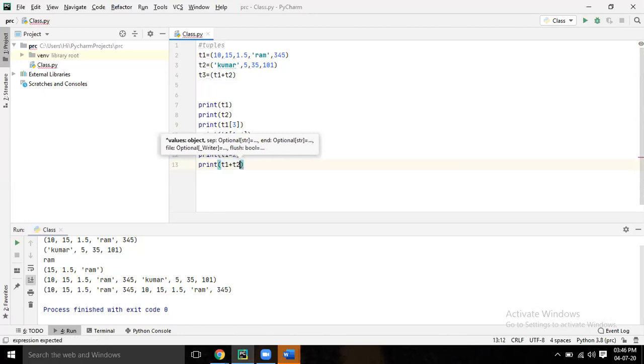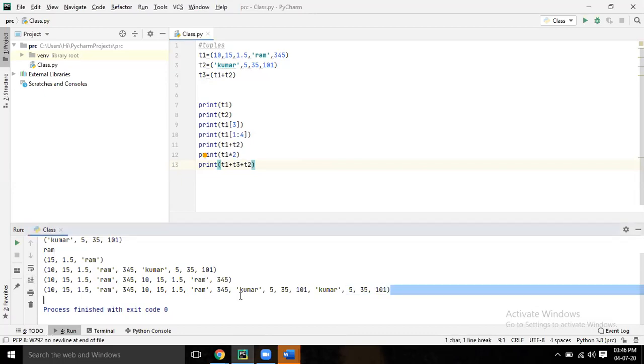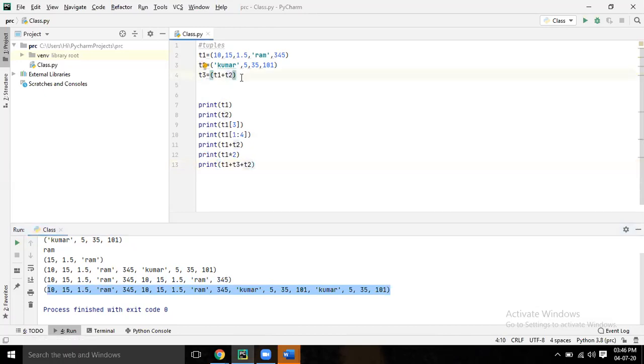What are you getting? t1 comes first as it is, then the combined one came. Don't write t1 plus t2 in t3, t3 is only the empty bracket. Run it.